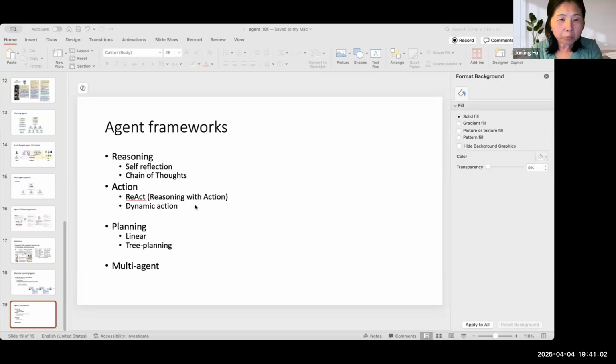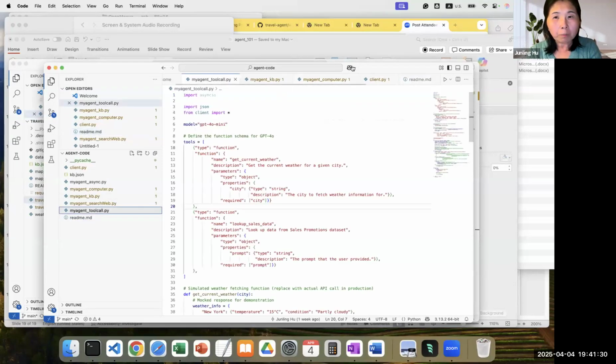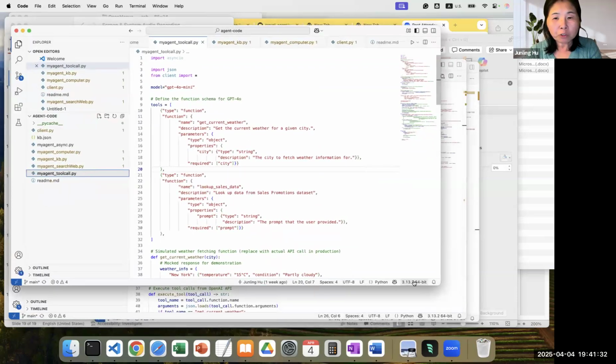Actually, let me just share my whole screen. It doesn't allow me to share the whole screen. How do we? Oh yeah, desktop. Okay, let me just share the whole desktop with you, so it's easier for you to see exactly. So first I want to share the code.